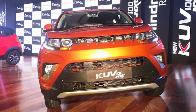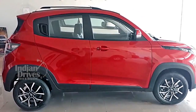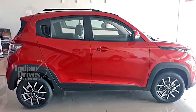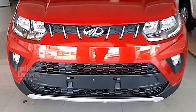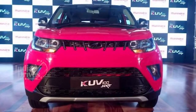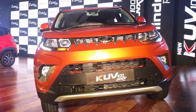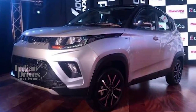has launched the facelifted version of the KUV100 NXT. While the design of the KUV100 remains almost unchanged, there are some changes which are distinct and noticeable to the exterior. The car gets an updated front bumper, a new mesh, and there's a bit more plastic cladding around the fog lamps. The front bumper has been tweaked to give the car a fresh look, making it a bit more